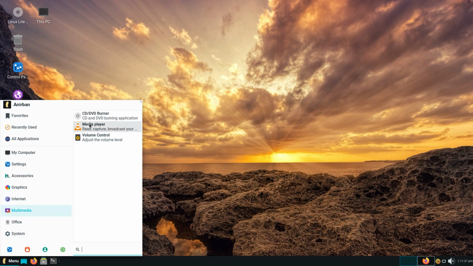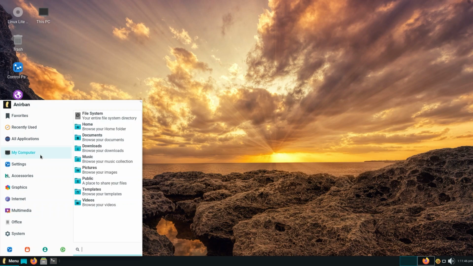Under multimedia, you don't have VLC written because some people might not know what VLC is. So it is actually media player, volume control. I absolutely adore this style of naming your applications. Now I understand veteran Linux users will probably look for GIMP instead of image editor, but if you are new to computing in general, or if you're an old person, or maybe you're not that tech savvy and you don't care or don't know what GIMP is, typing in image editor will actually help you to get up and running with your system instead of spending a ton of time figuring out